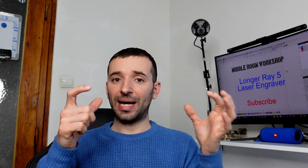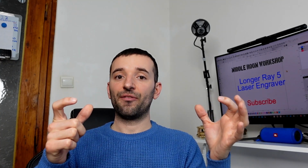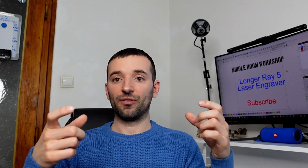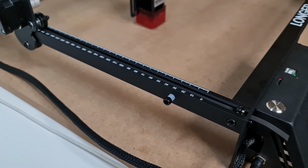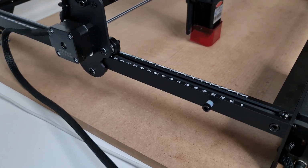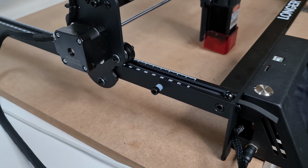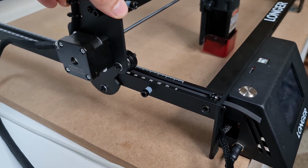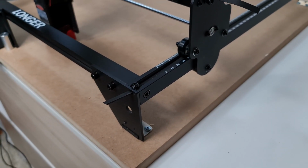Now, the gantry axis on top has physical stoppers to prevent the axis from traveling too far back or too far in front, which is good. However, the stoppers, which are actual balls, are only on one side, on the left side. And so, because of this,